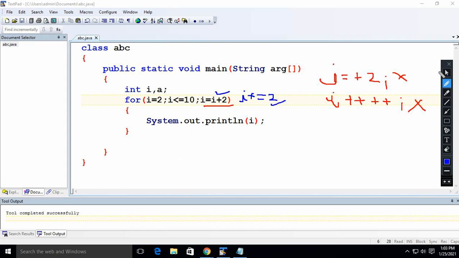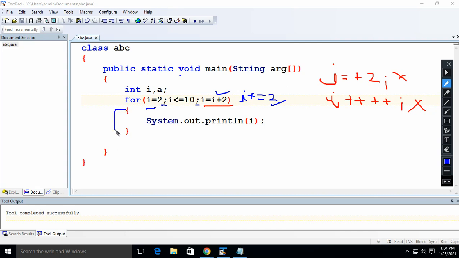Am I clear, everybody? Yes, sir. And now one more thing, let me repeat. Here these are the semicolons. You cannot write a comma or dot or any other symbol. And please try to declare the variable before using for.